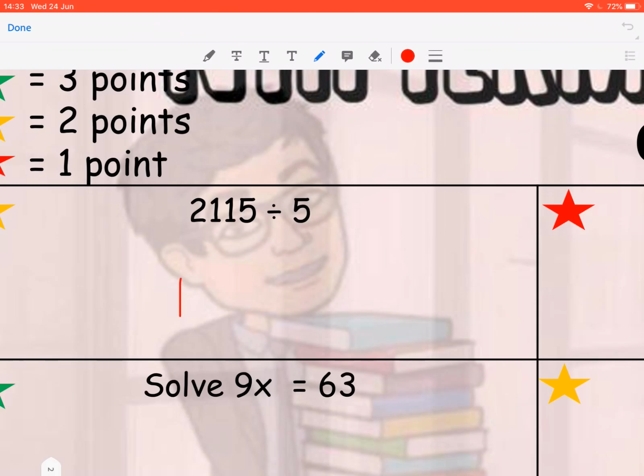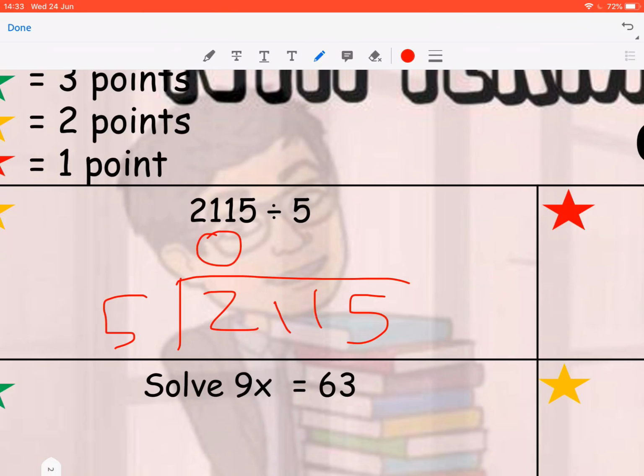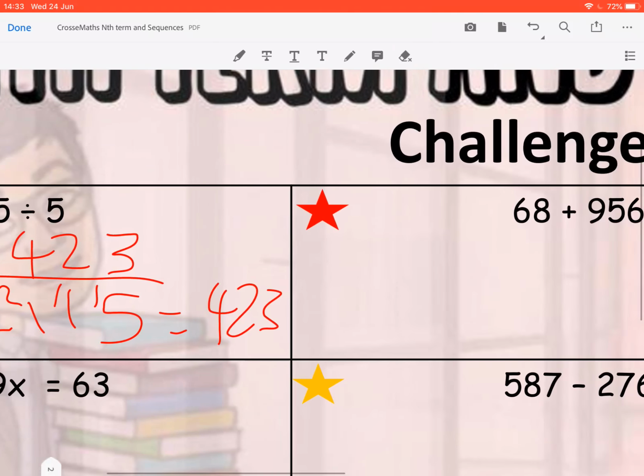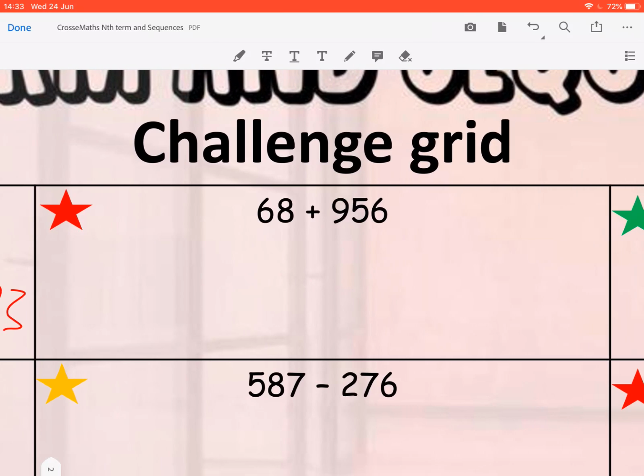So I've got 2,115 divided by 5. 5 doesn't go into 2. 5 goes into 21 4 times, remainder 1. 5 goes into 11 twice, remainder 1. 5 goes into 15 3 times. Mine is 423. Next one. Okay, I got 956